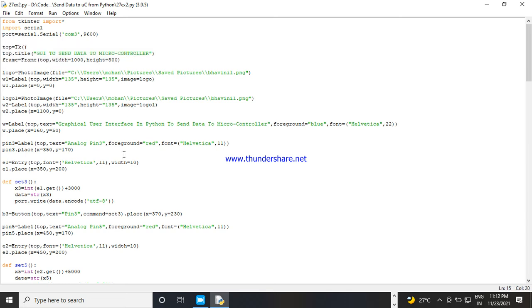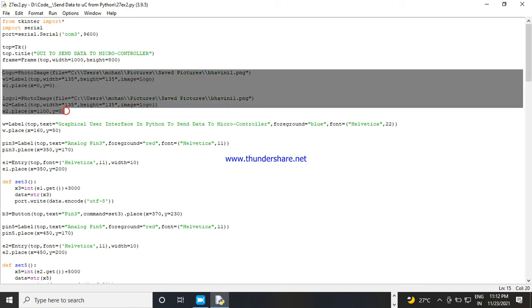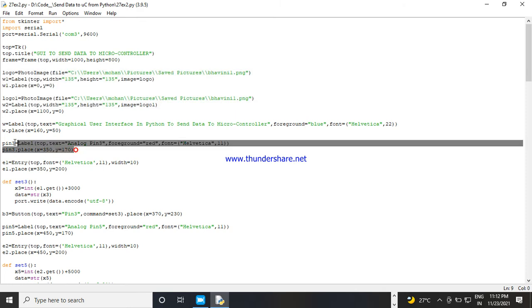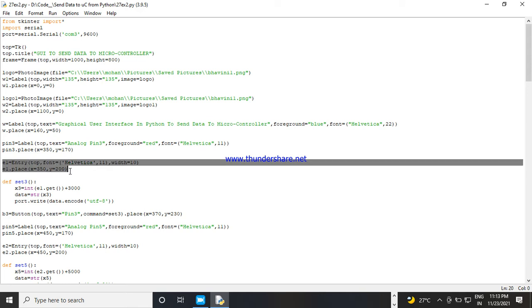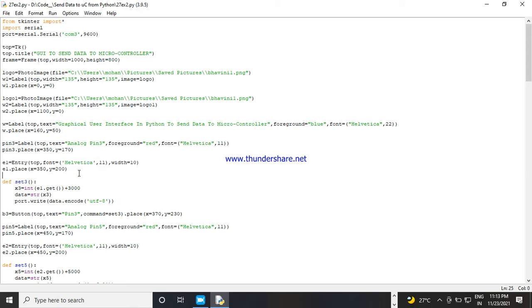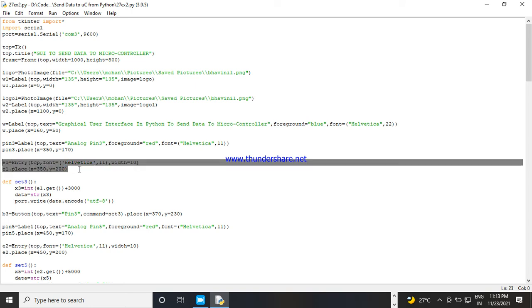Okay, here because this code was written by some of my students, so they have embedded some logo and picture of them. So these are the things. So these are the level. Okay, and here you see, from here only actual code started. So here only they are sending the duty cycle.